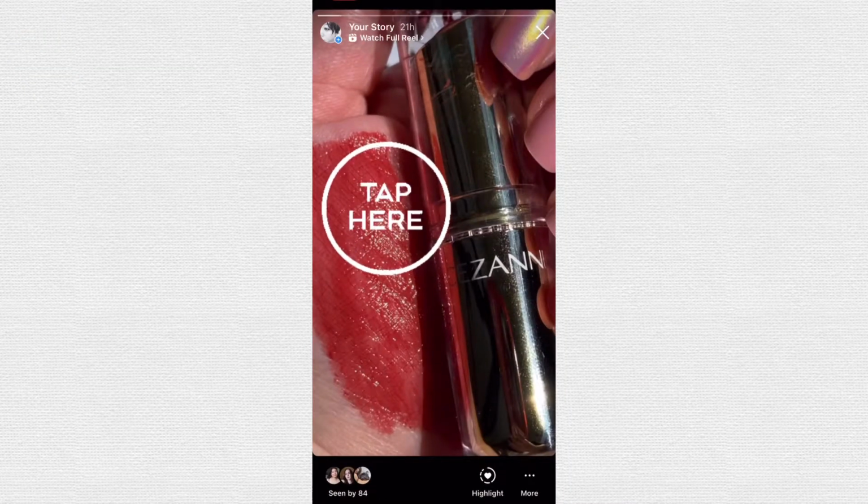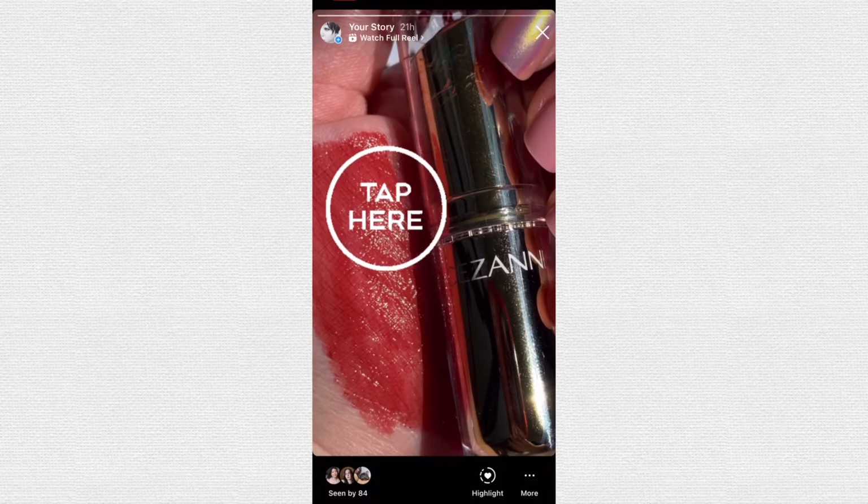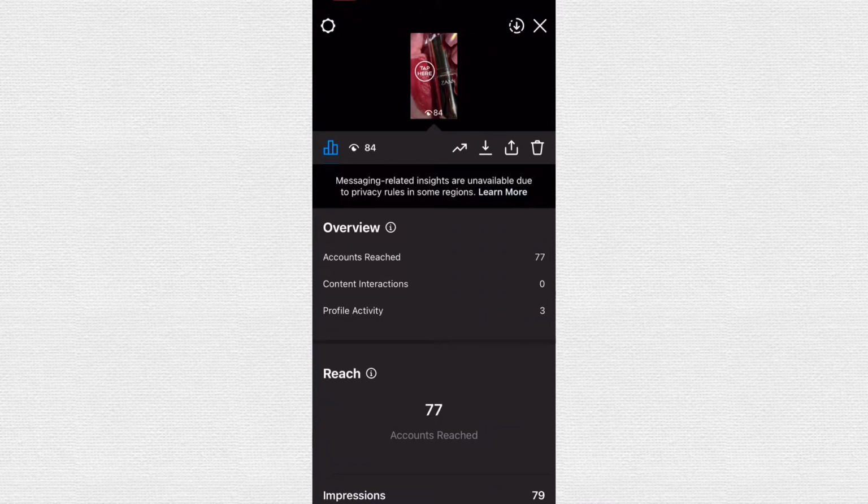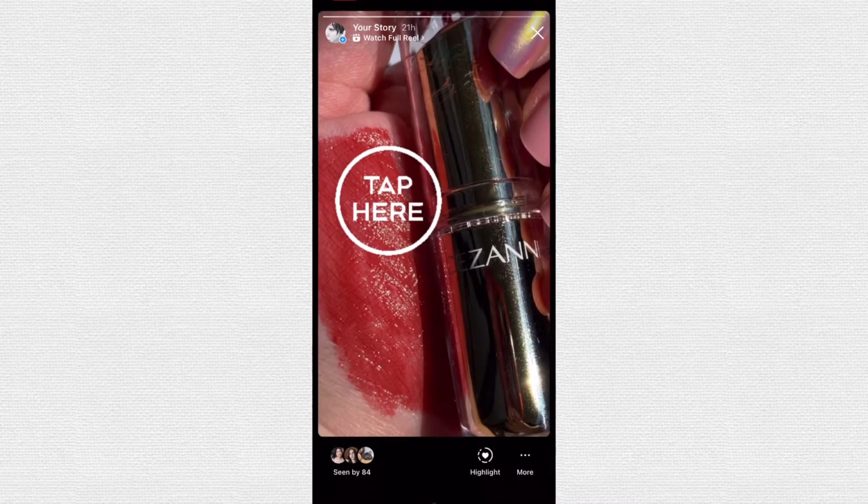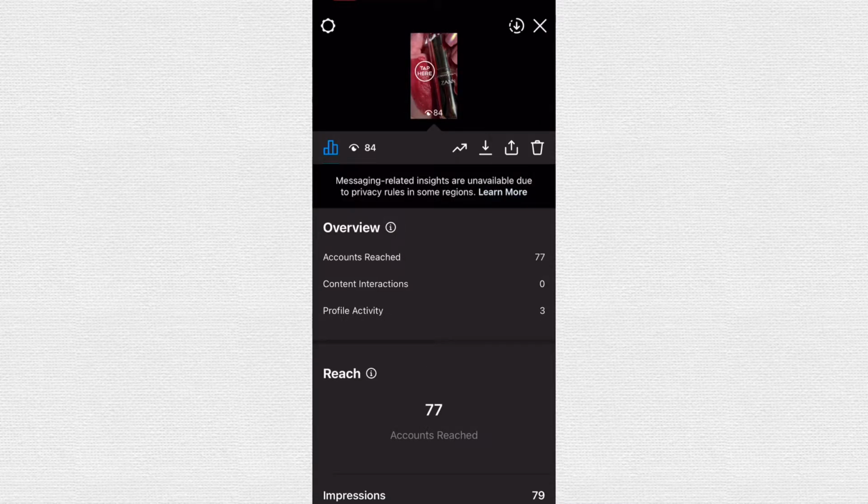First, inside your stories when the story is still live. Open up a story before it disappears and you can see it there. I have a story on my account now, so let's go take a look. I'm tapping my profile icon, then on the bottom left where it says seen by, tap that and your insights come up. You can also swipe up and voila.